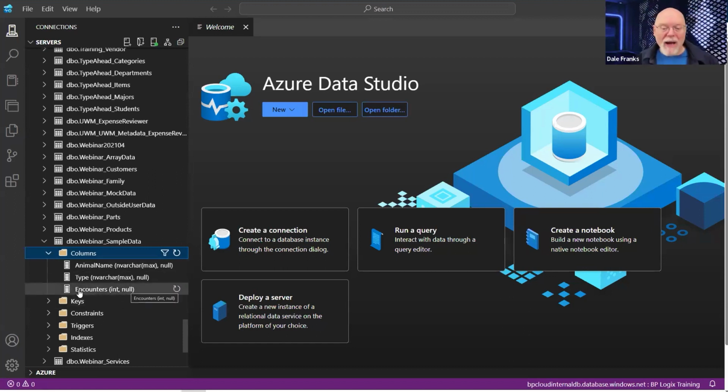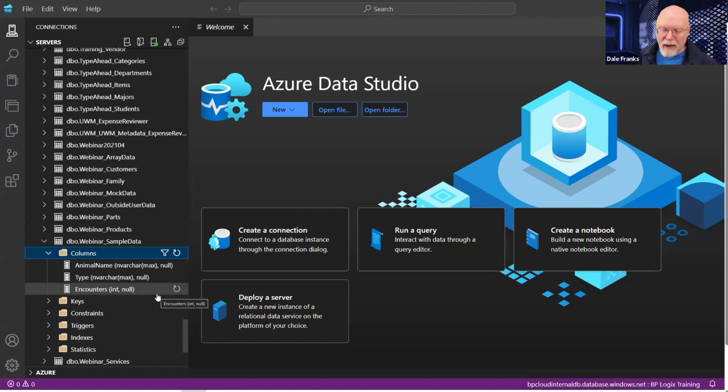As it turns out, my encounters field is actually a number field, and I would want to do math on it. So it is, in fact, an integer field. But what if it was zip codes? The import would read those as numeric fields. And as we talked about, I think last week or the week before, that's going to make sorting by zip code kind of difficult because it will sort in numeric order. It will not sort in alphabetical order. And you want to sort zip codes, even though they're numbers, in alphabetical order because you want all of your 5-digit and 9-digit zip codes, in the case of the US, to stick together.